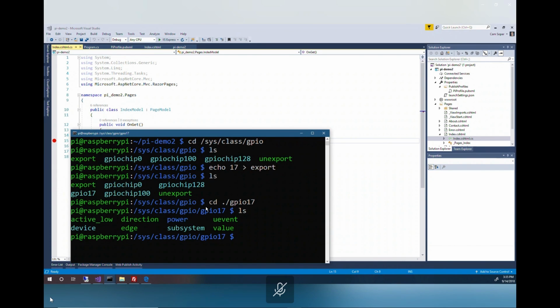The way we do that is we just write a text value, and in this case, out. We want the pin to generate a current. Echo out to direction. All right, so direction is out. And then we can turn on the LED, turn it off and on by writing 1 or 0 to the